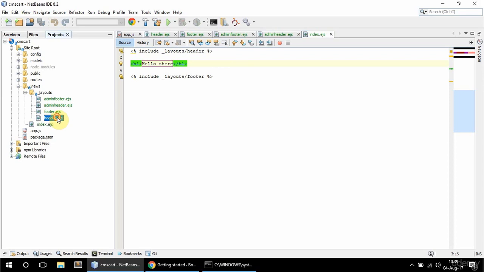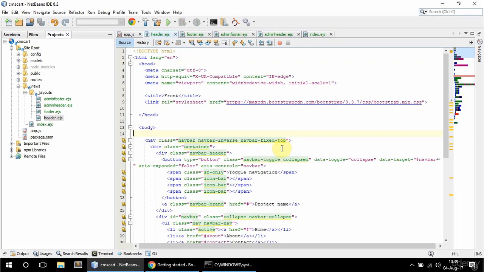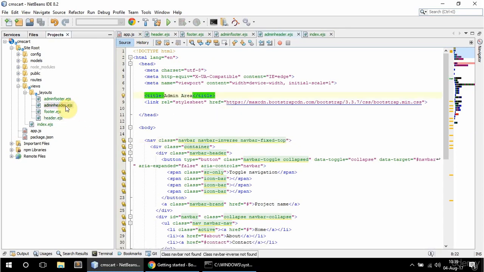And one more thing I forgot, in the nav I'm gonna get rid of this fixed top here, so it's not fixed, and in admin header as well. Okay,